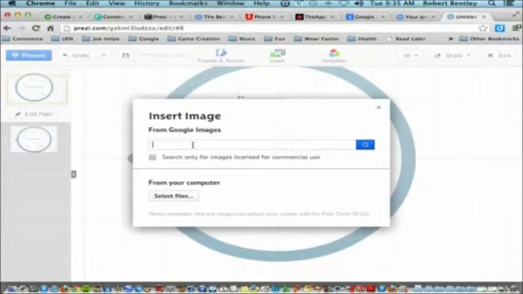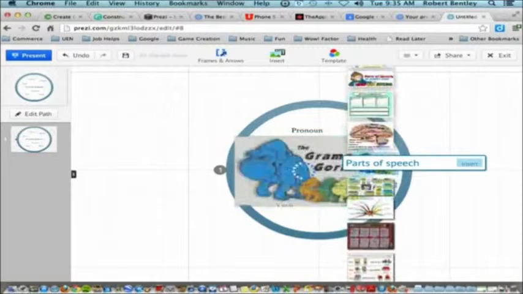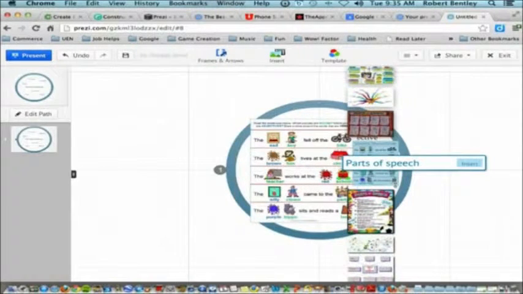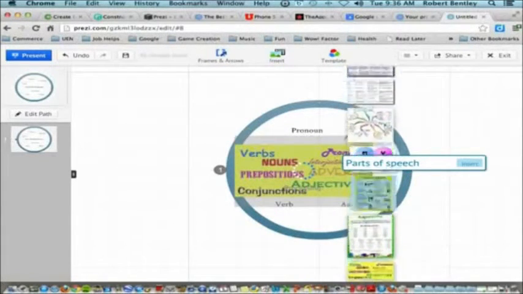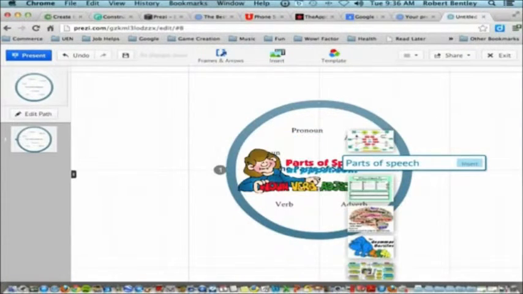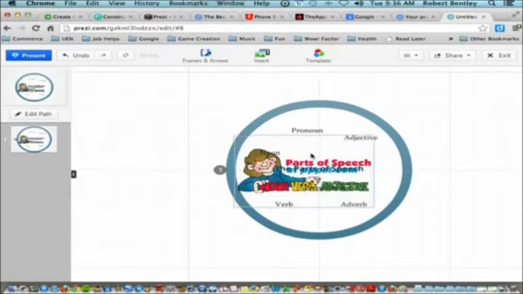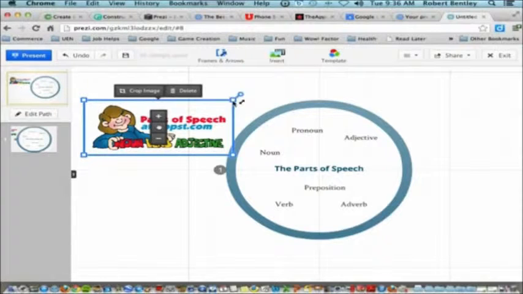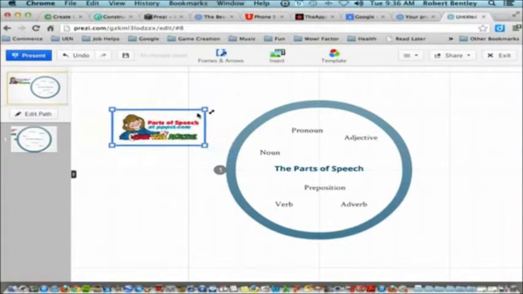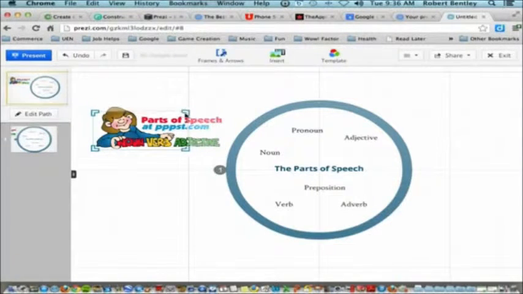You can search Google Images from within Prezi, and it brings up a bunch of results that you can cycle through using either the scroll wheel on the mouse, like this, or you can use the up and down arrows on the keyboard. When you find a picture you would like to use in your Prezi, simply hit Enter, or you can click this Insert button. It takes a few seconds to import the image into your Prezi, but then you can move it. If you click on it a second time, you can resize, and you can even crop the image right from within